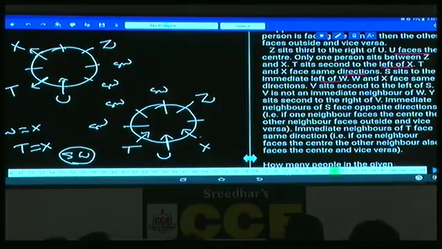As W is away from the center, tell me whether W can be at this place or not. If W is here, W and X are facing the same direction, isn't it? Or can W be at this place? W cannot be at this place. If W is here, then W faces the center. If W is facing the center, then S is to the immediate left of W, and S and U must be in the same place, which is not possible. Are you following or not? Hence, W cannot be at this place. As W cannot be at this place, then where should this W be? W must be at this place.